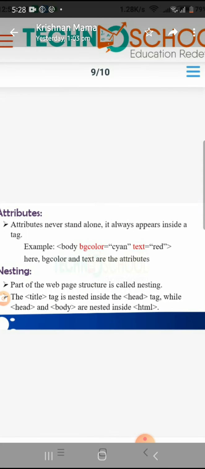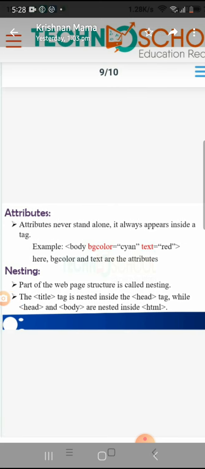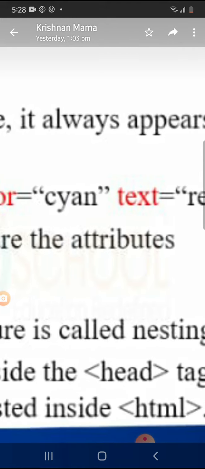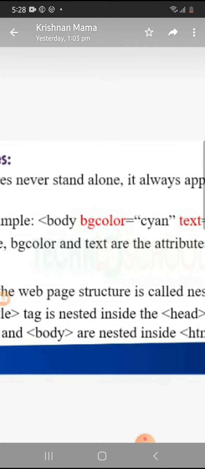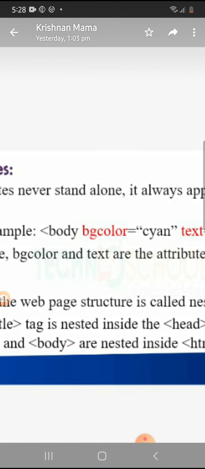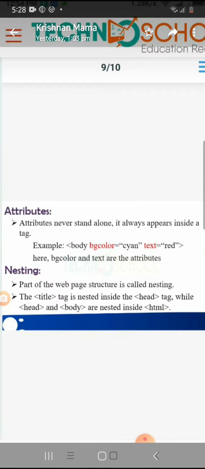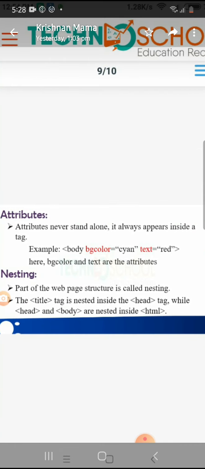Okay, next, text equal to red. What's the color of the background and what's the color of the text we are giving here? Here BG color and text are the attributes, because they won't stand alone, they always appear within a tag.